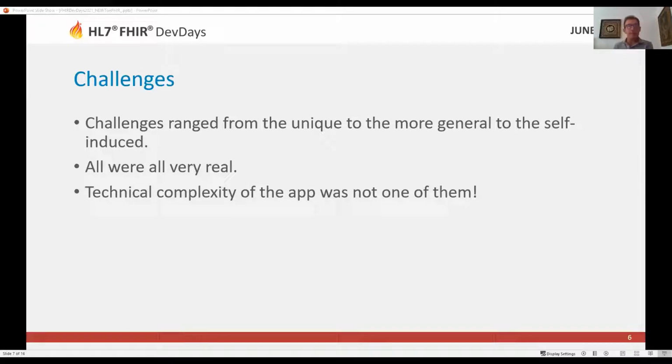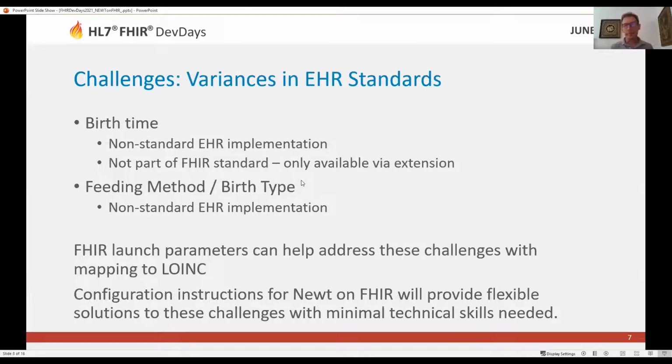The NEWT website is very fancy and sophisticated. The EHR is as well, but the SMART on FHIR glue to put these things together, which I'm responsible for, that's not hard at all, thankfully. There certainly were challenges. To start, oddly enough,